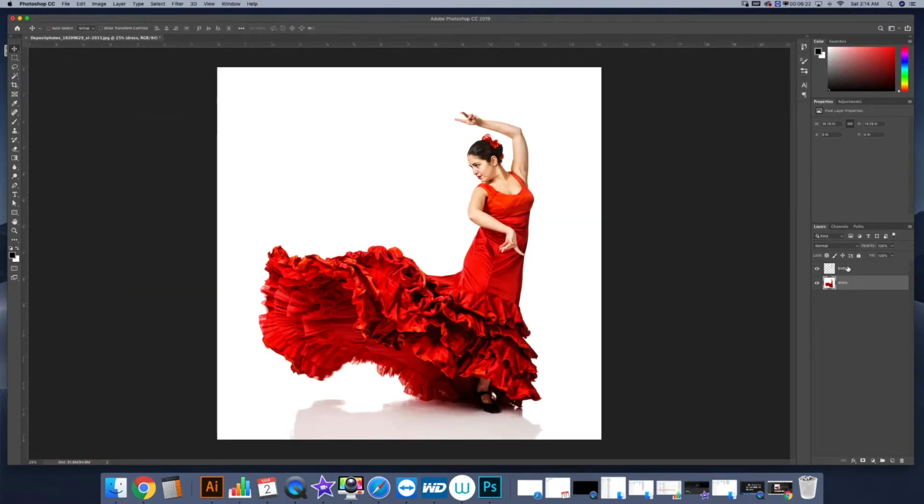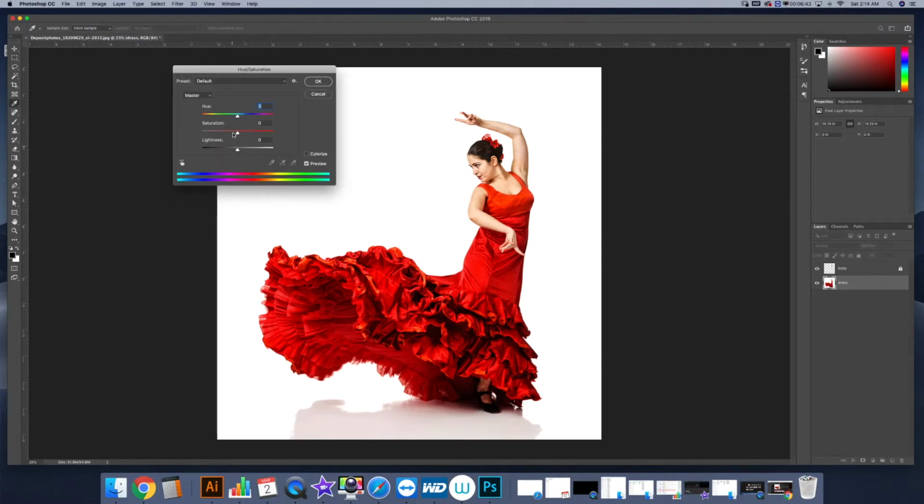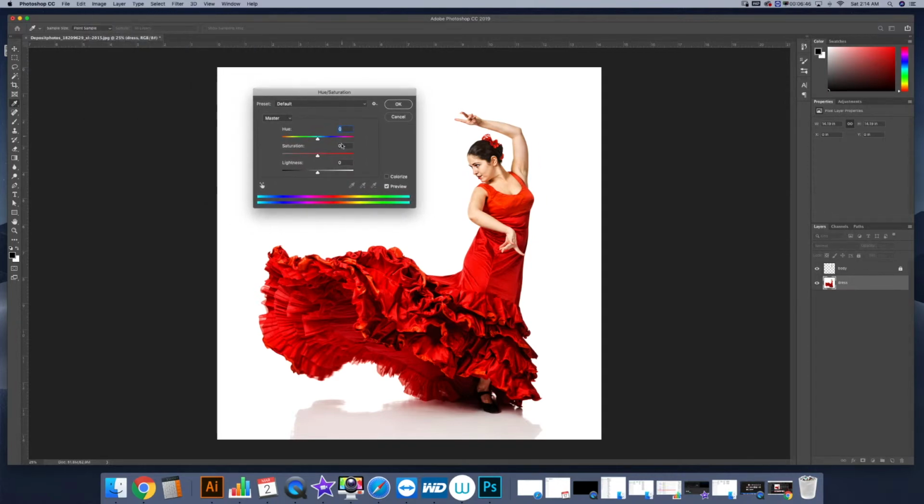Now we're ready to start changing some of these colors. And just in case, if you've got something selected like auto select and you accidentally tap on the body layer, I would just go ahead and lock that. Select dress and go up to image, adjustments, hue and saturation. You can also do color balance too to get a little bit more detail, but for the sake of time, we'll just go ahead and focus on the hue and saturation tab. So if you take your color slider here, and before that take the hand just to kind of get a better isolation of her dress,